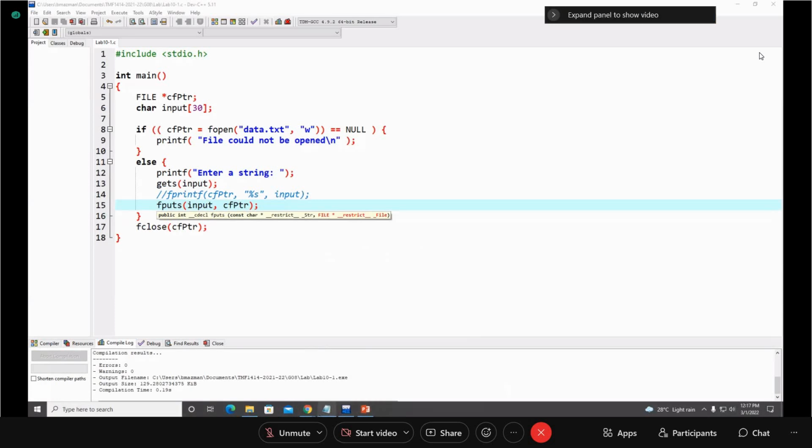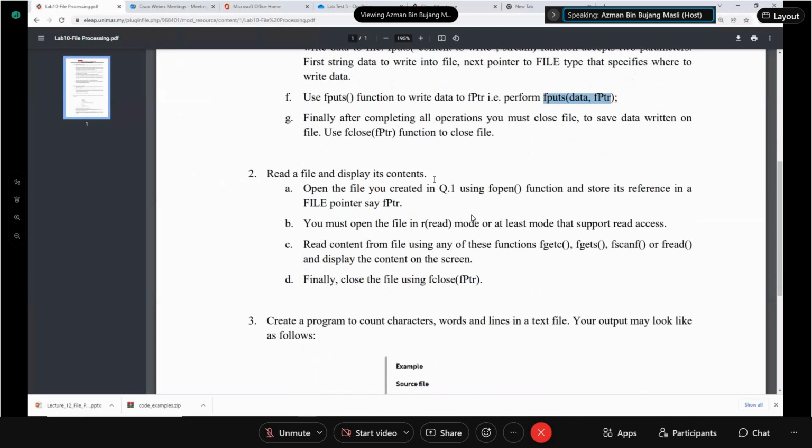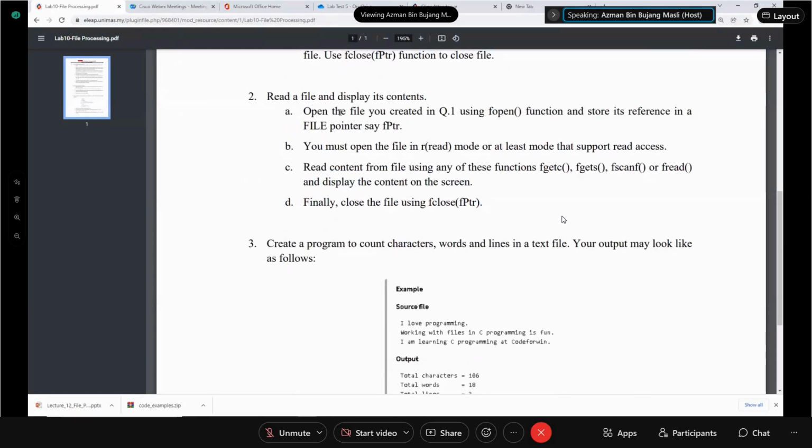Okay, class. So that is number one. And then read a file and display its content. So open the file that we have using fopen, but now you need to open it for reading. What we do here is read the content of the file and then display it on the screen.